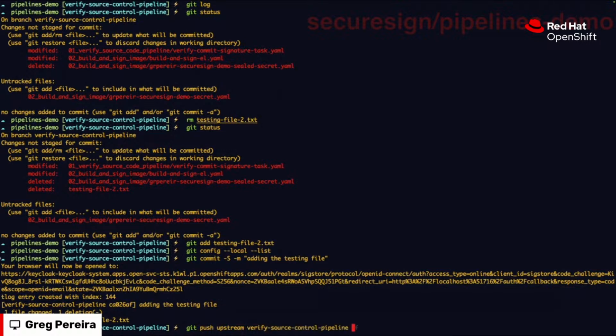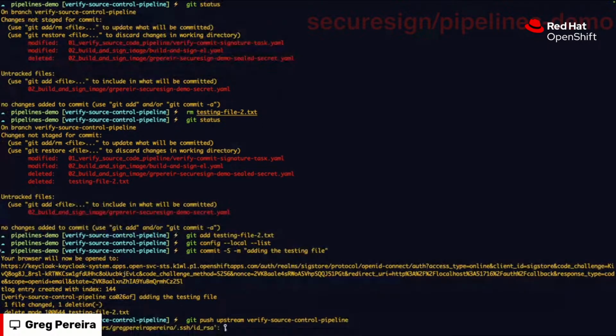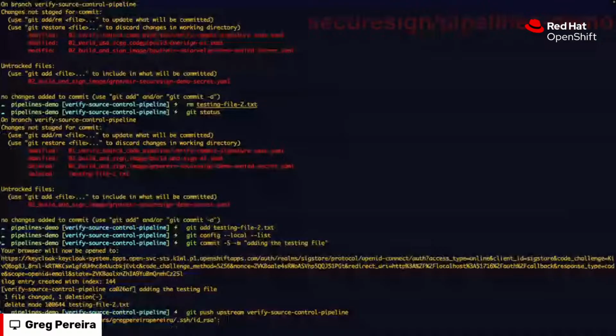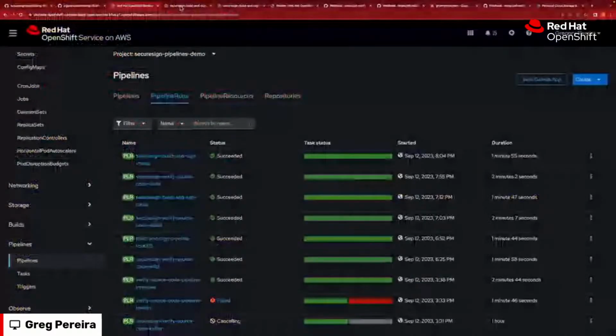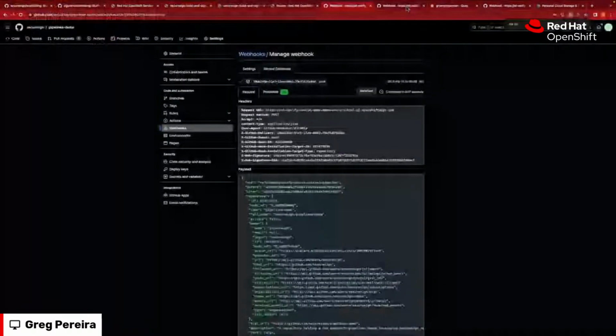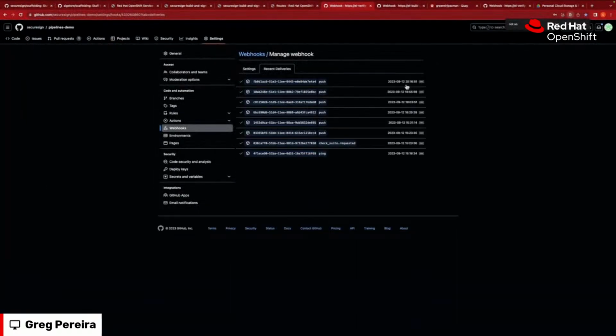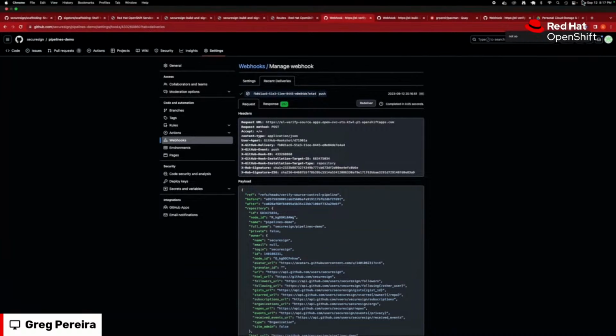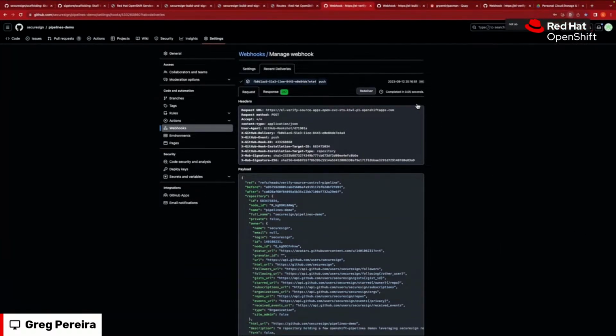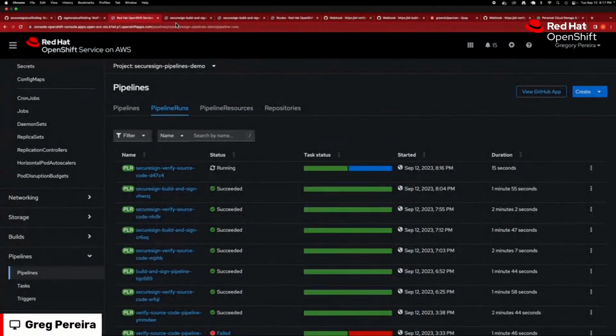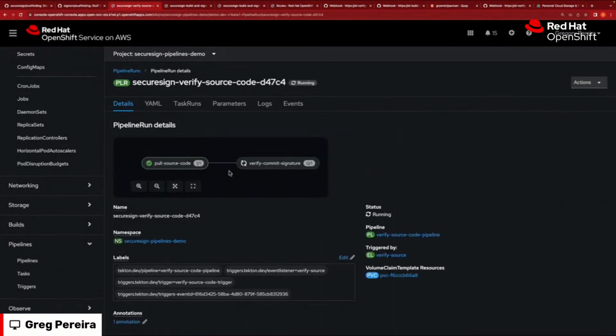And this is just leveraging native GitHub webhooks. I'll go into the configuration for those later on. And like I said, I have environment variables and scripts set up so that way it can automate this process. So I go to recent deliveries here, and I think I'm just verifying the time of the most recent delivery, and I'm matching it up to say this is the recent delivery. And now my pipeline run has kicked off from that push.